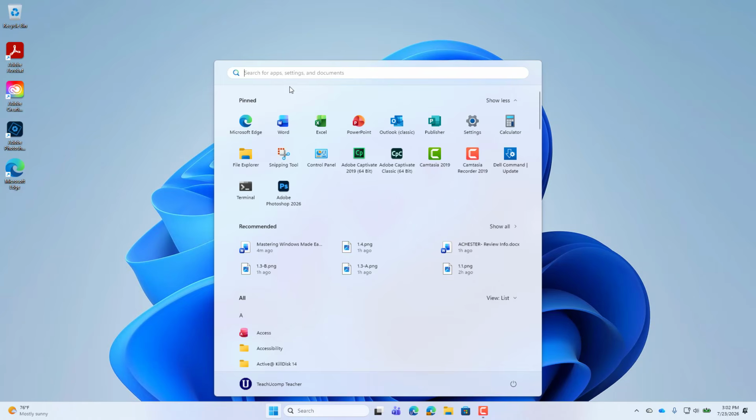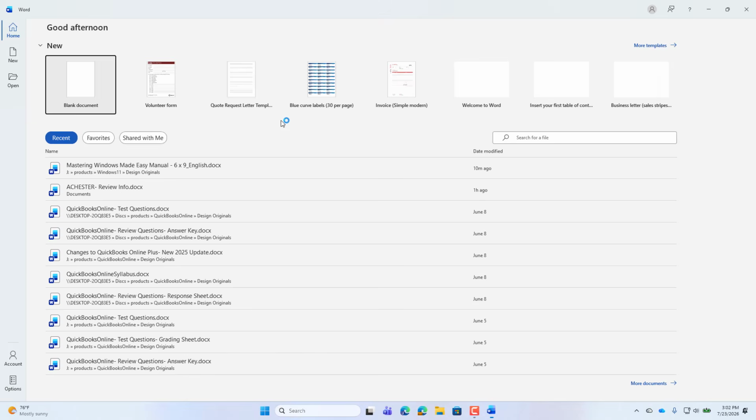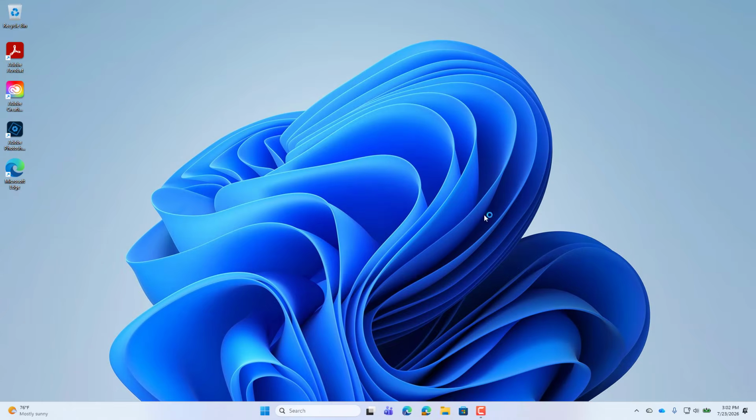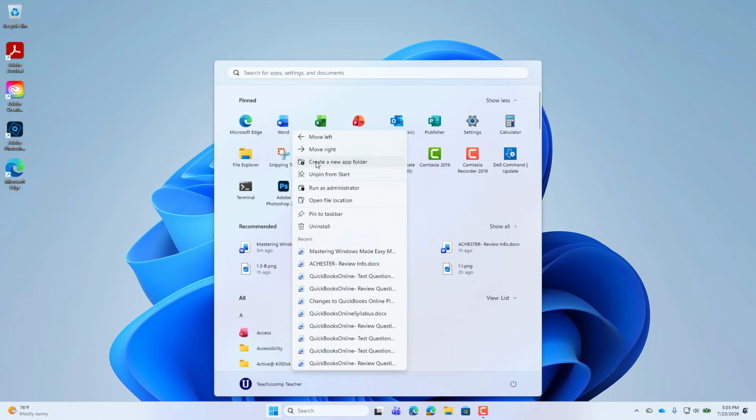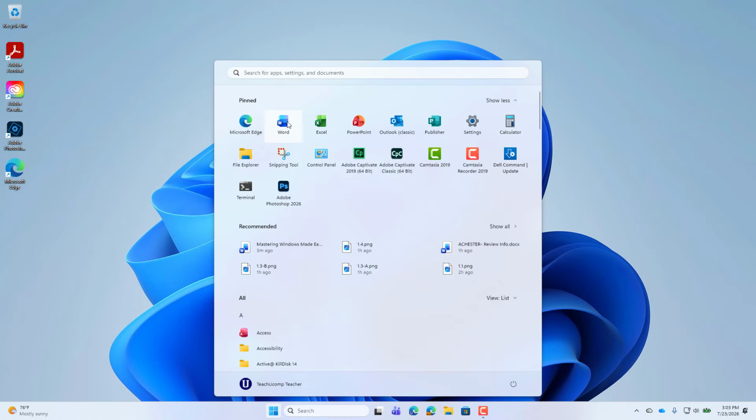Below the search box is the Pinned section, which shows apps that you have pinned for easy access. To open a pinned app, click its icon. To remove an app from this section, right-click its icon and select the Unpin from Start command from the menu that appears. You can also rearrange pinned apps by clicking and dragging an app icon to a new location within